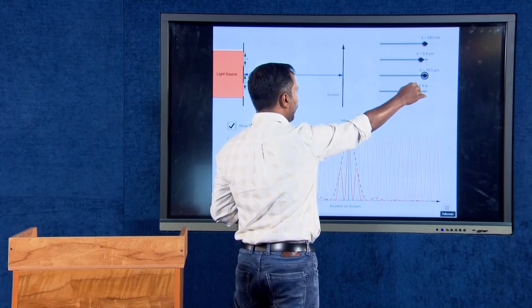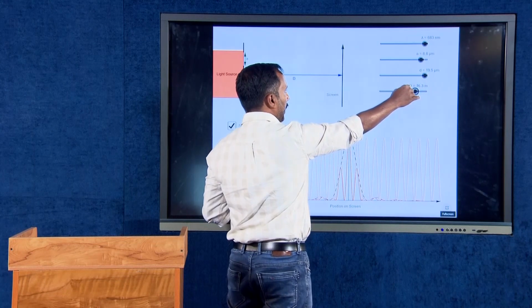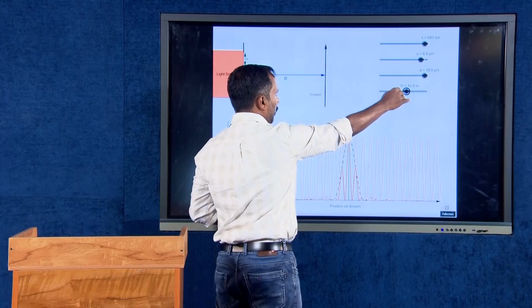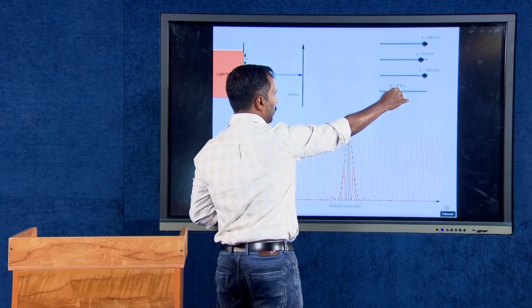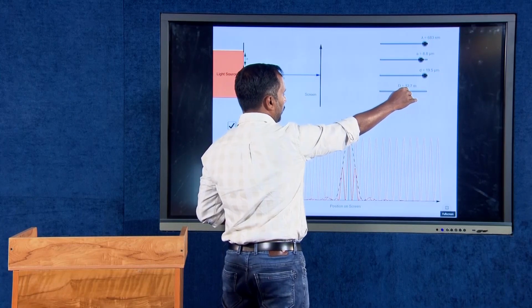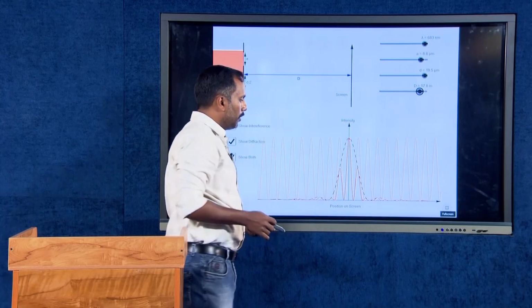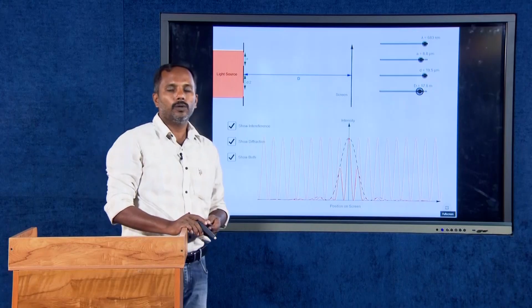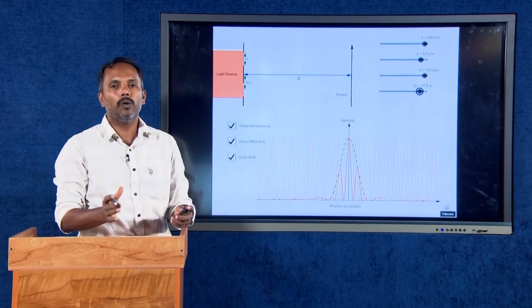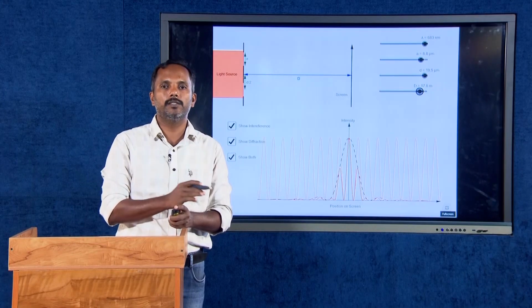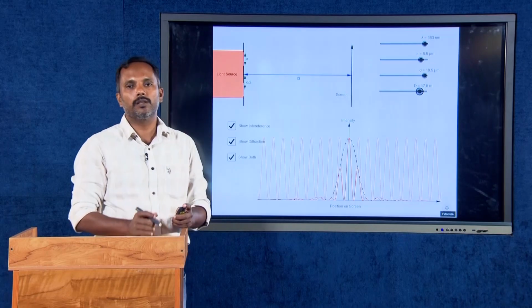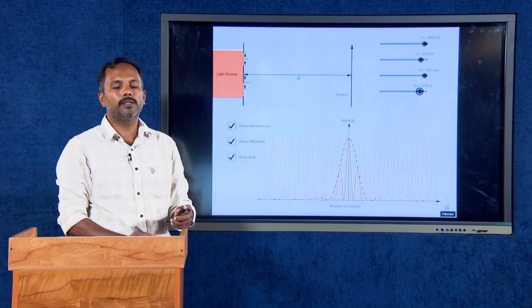If I am increasing the d value, the distance between the screen and the source, now how is the change happening? You see both the diffraction pattern and the interference pattern change. Okay. So I hope you understood how this pattern changes with wavelength, slit width, slit separation, and the separation between